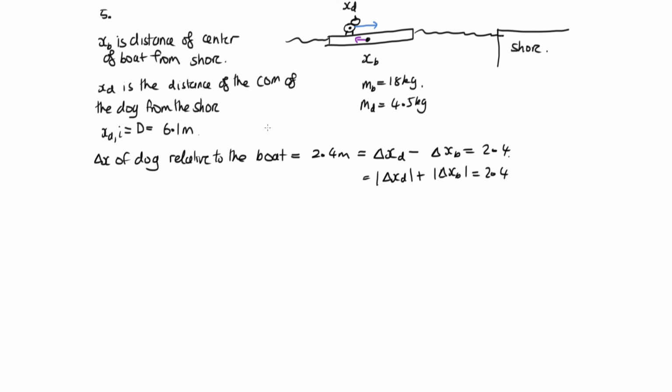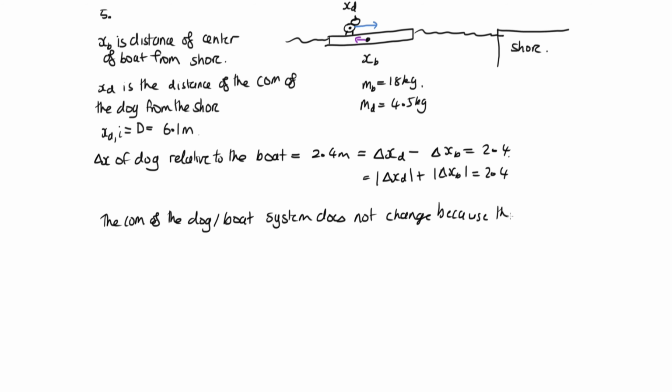Now the other equation will come from considering the center of mass. The center of mass of the dog-boat system does not change because there are no external forces acting. So we can say that the change in the center of mass is equal to 0, and